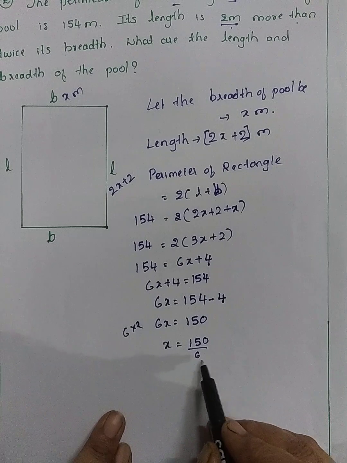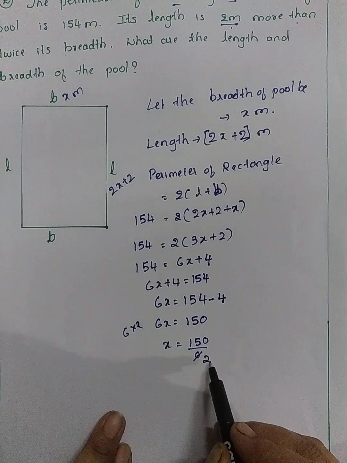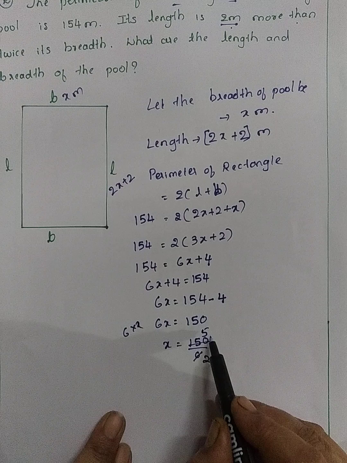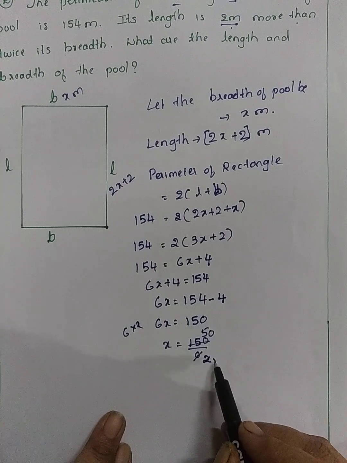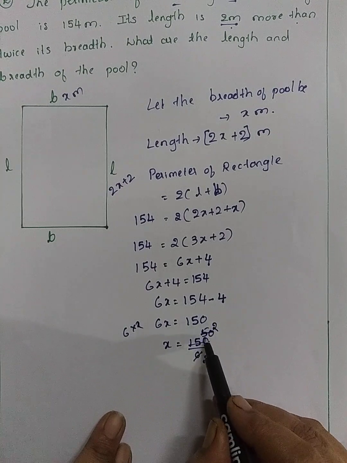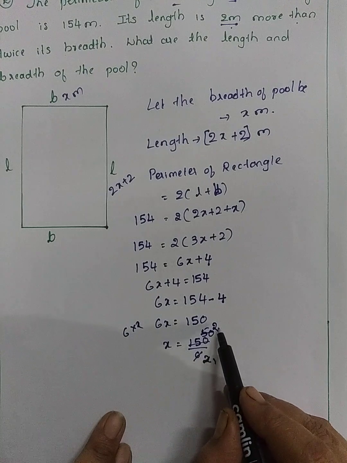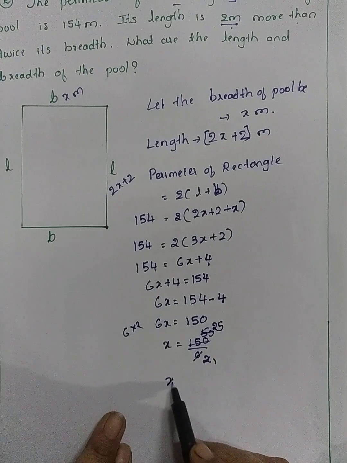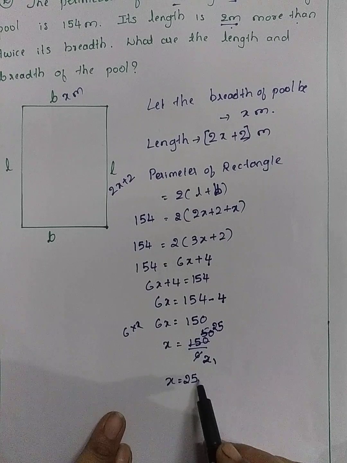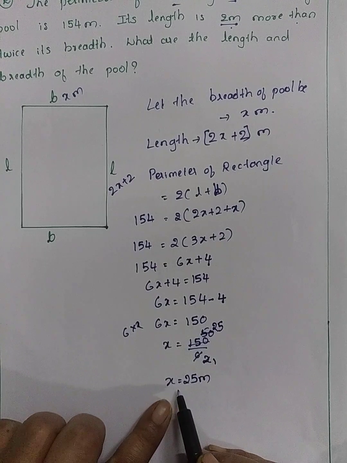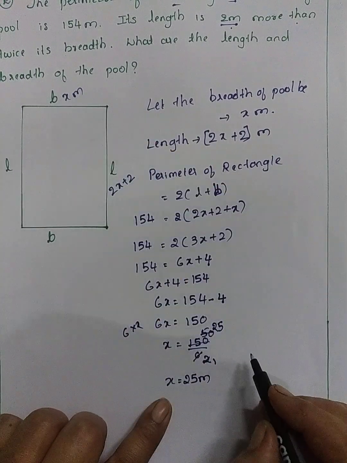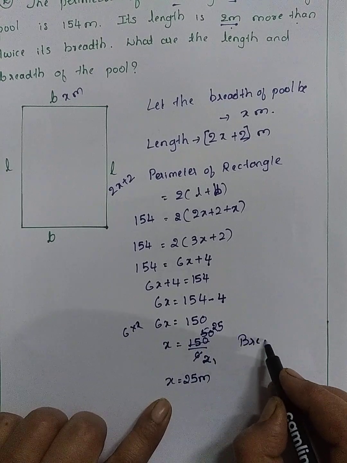So the next step is simplify. 3 5s are 15, 0. Next, 2 1s are 2, 2 2s are 4, 5 is there, 1 remaining, 2 5s are 10. That is x equal to 25 meter. So what is x? x is the breadth. So breadth equal to